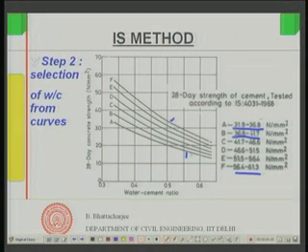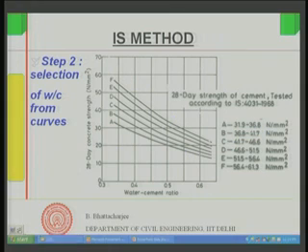The best thing to do is to find out the strength versus water cement ratio curve for your own concrete. But in the absence of that, the code says you can use these curves. So, if you know at least the cement strength or grade of cement, you can find the water cement ratio corresponding to your target mean strength. First we find out the target mean strength, which is 1.65 sigma plus FCK, from the formula that we have given earlier. Once this is known, I can come back and find out the water cement ratio required. So, this is the procedure adopted in step 2.